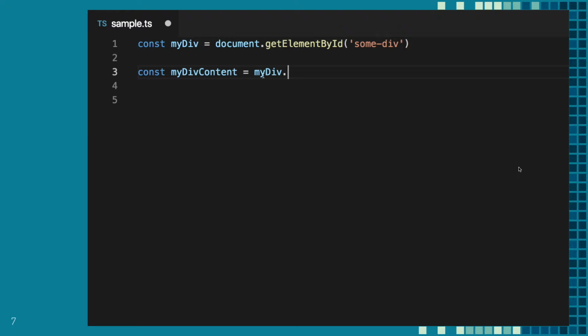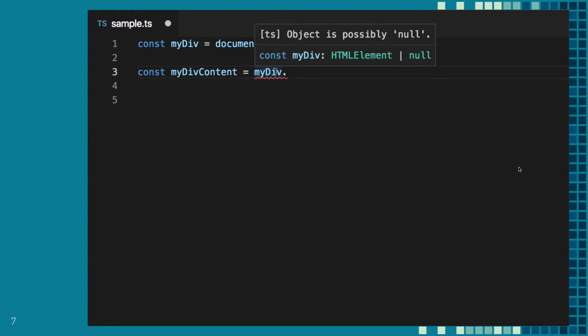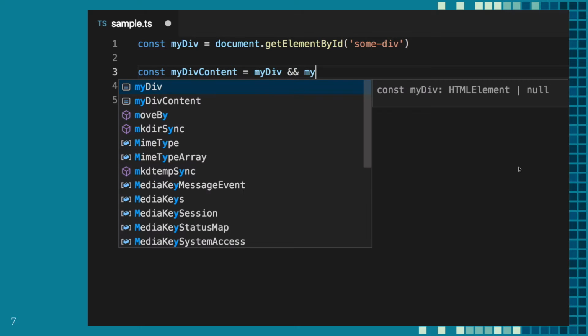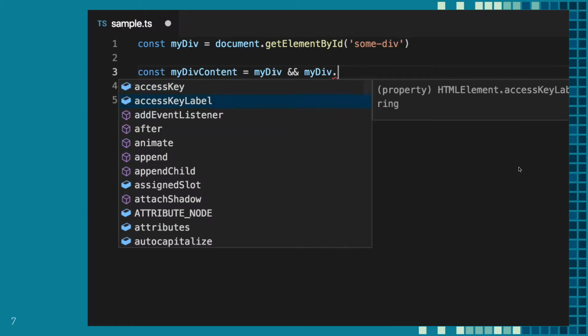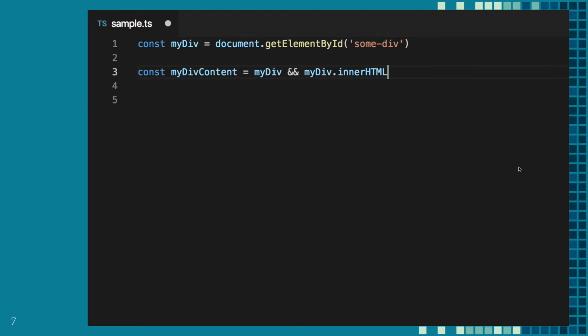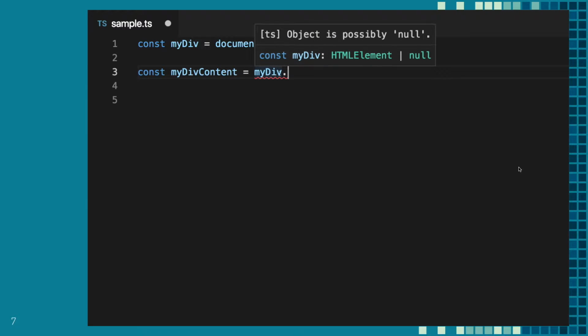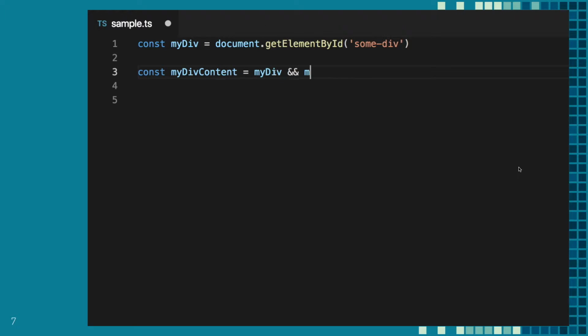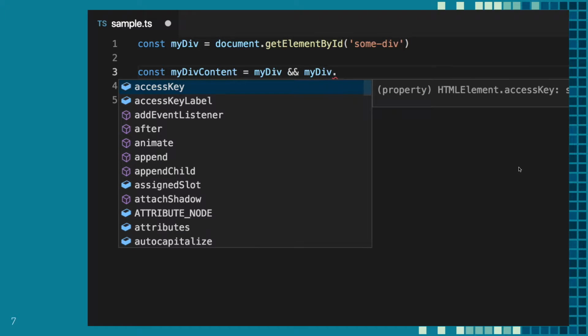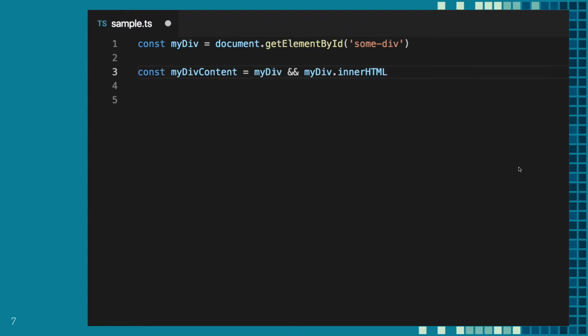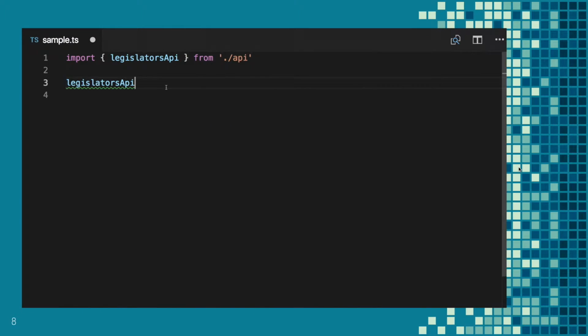Another quick example is what TypeScript gives us in a code editor, or some people would say an IDE, but in VS Code here, you get a ton of information about the code that you're interacting with. So you get autocomplete because TypeScript knows this is going to be an HTML element. It knows the available options, and it also makes sure that this thing exists before you try to access it. Just really useful and ways to speed up your development process.